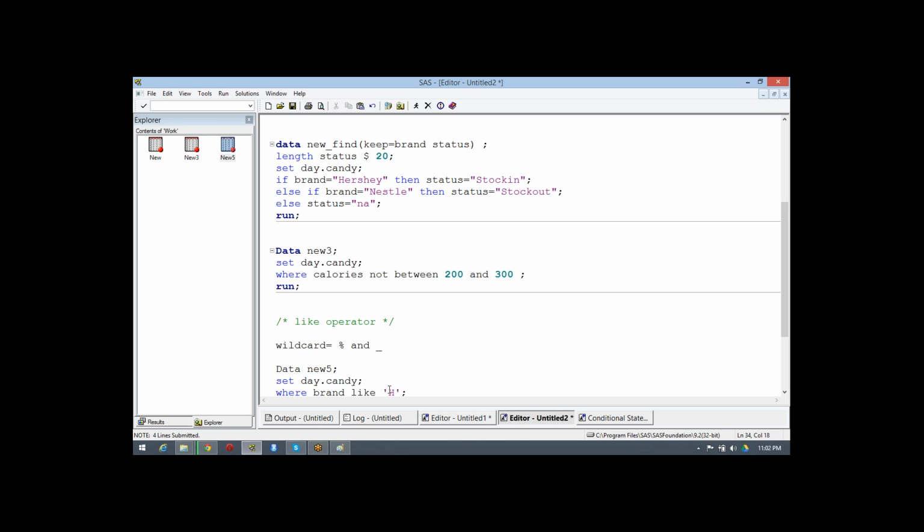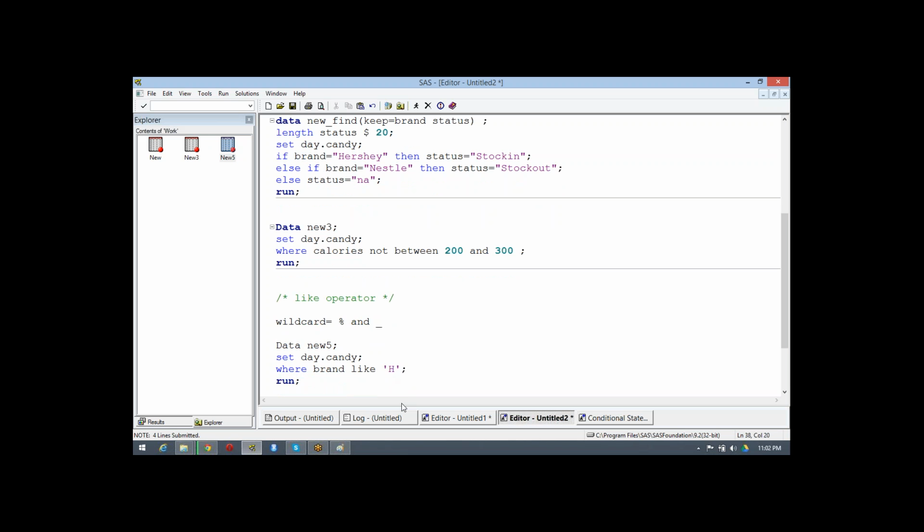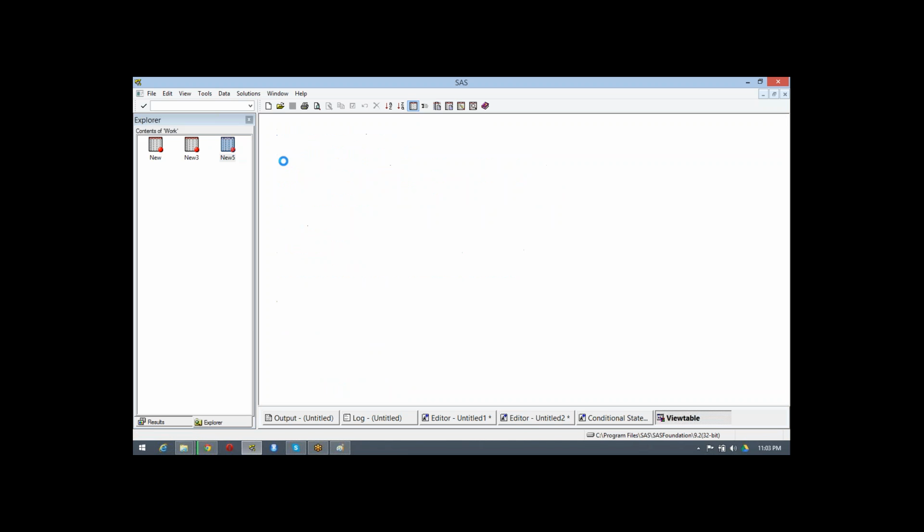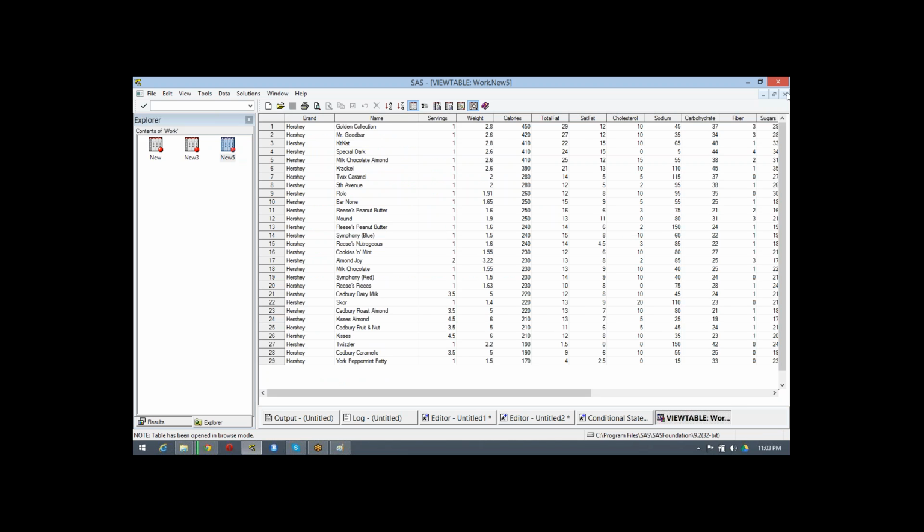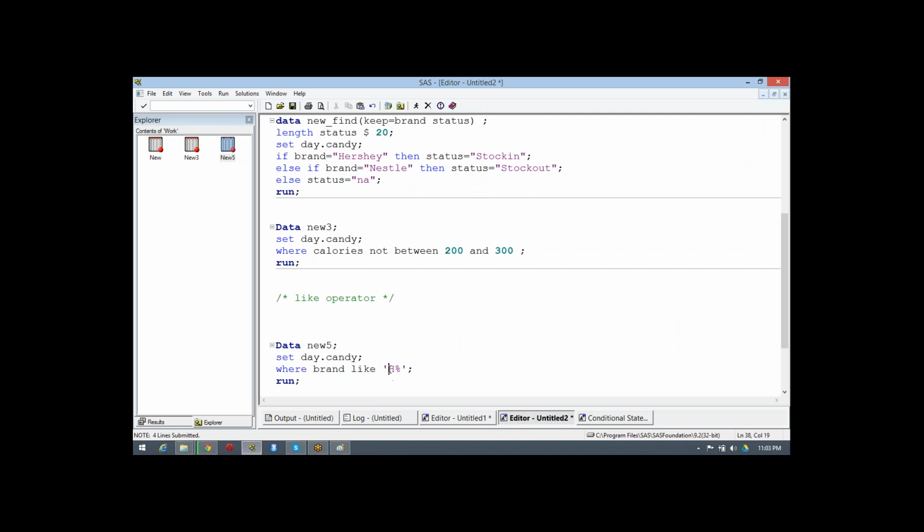Let's suppose I want to extract a name that starts with H. I'll delete this because it will give you an error. If I say H followed by percent, it means we are telling it the starting point is H, and after that any value can exist.